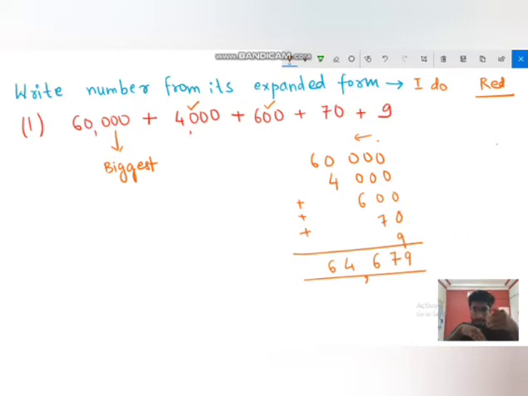We will come back. So it was very easy to do, right? You first take the biggest number, you write it, after that the next number, and likewise, you start from your right and then you go towards your left. This is your right, then you go towards your left. So now what we are going to do is we are going to do things together.